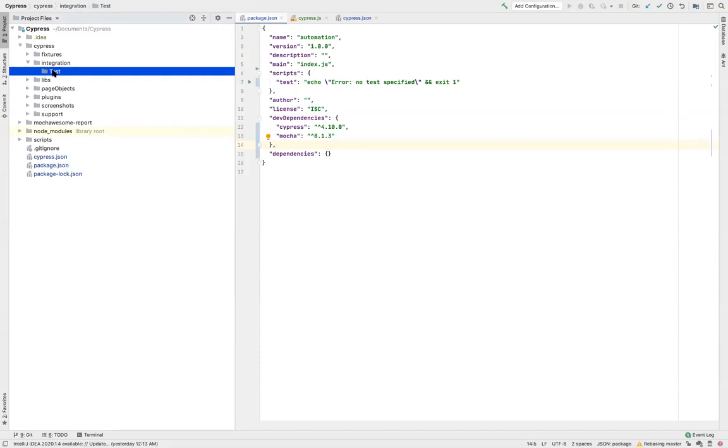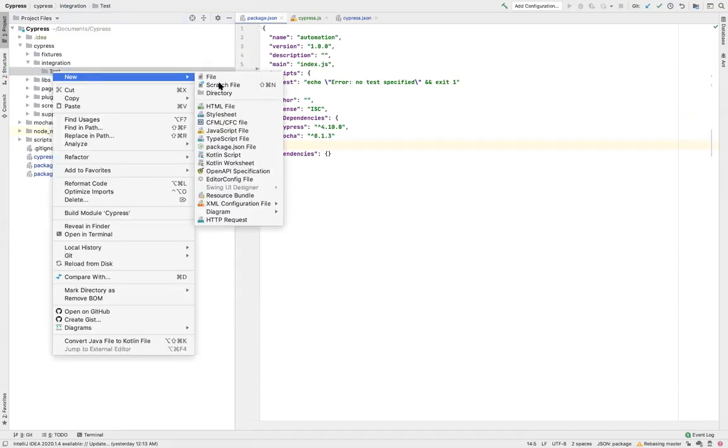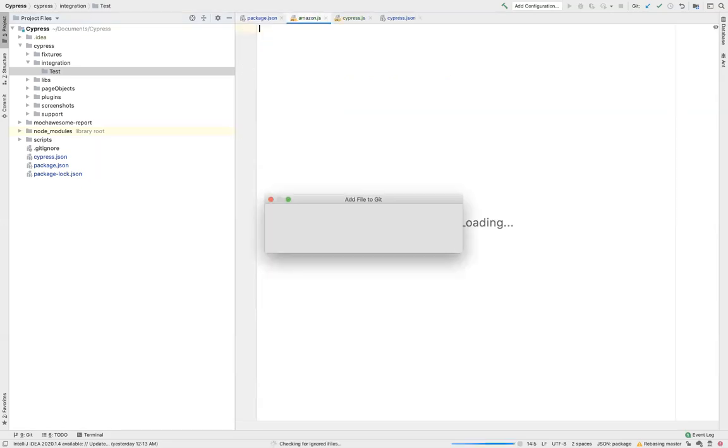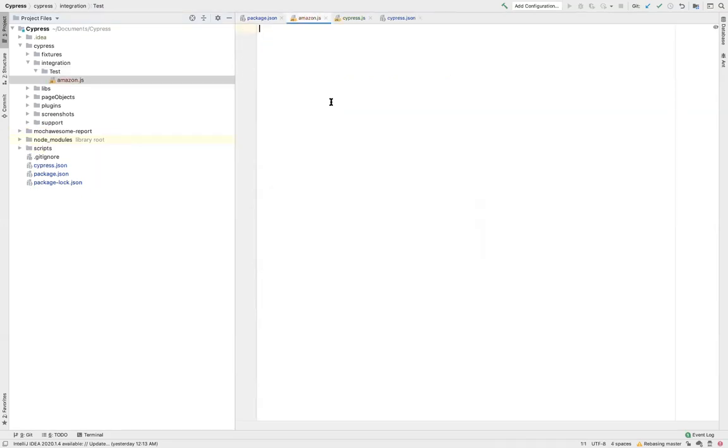So for now I will create two spec files just to show the demo. Let me create a spec file, a very simple use case, for Amazon.